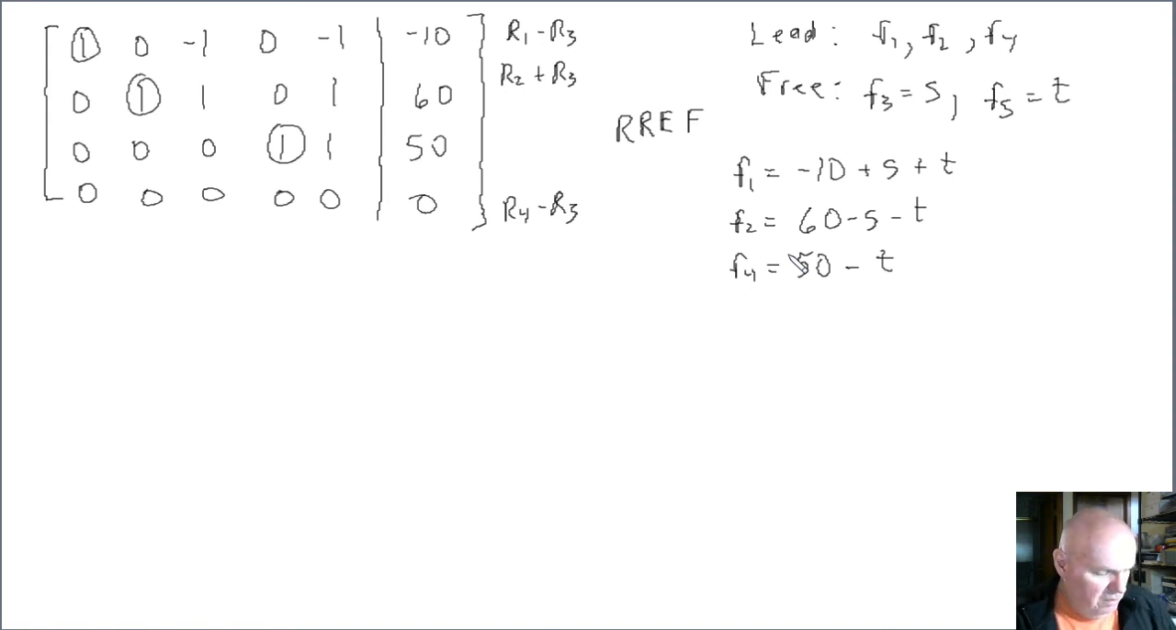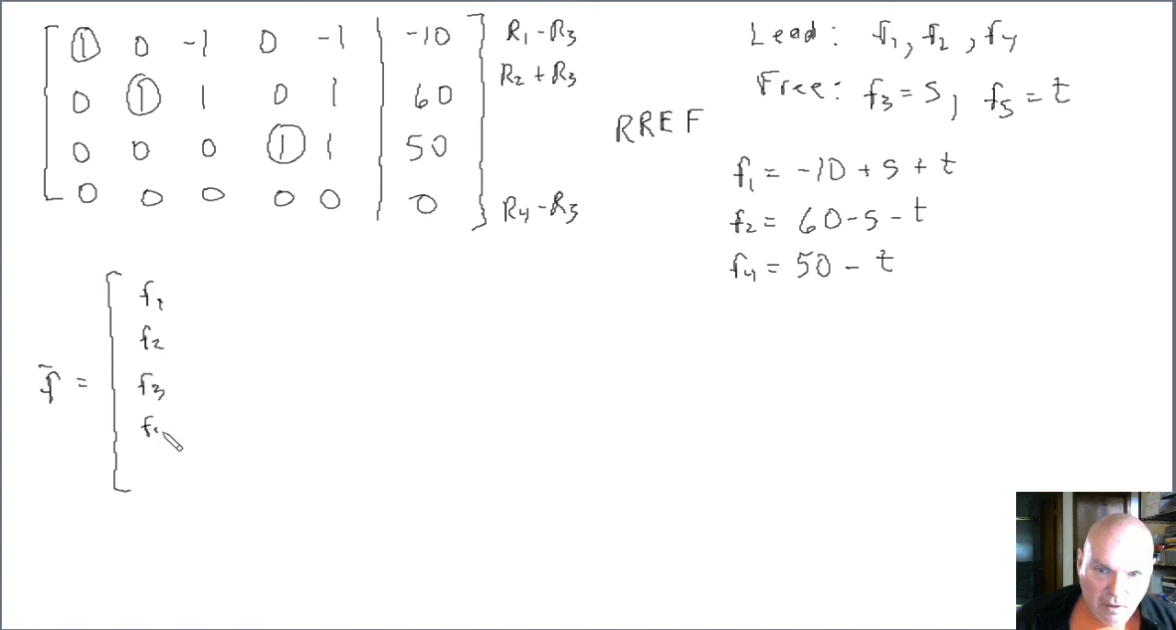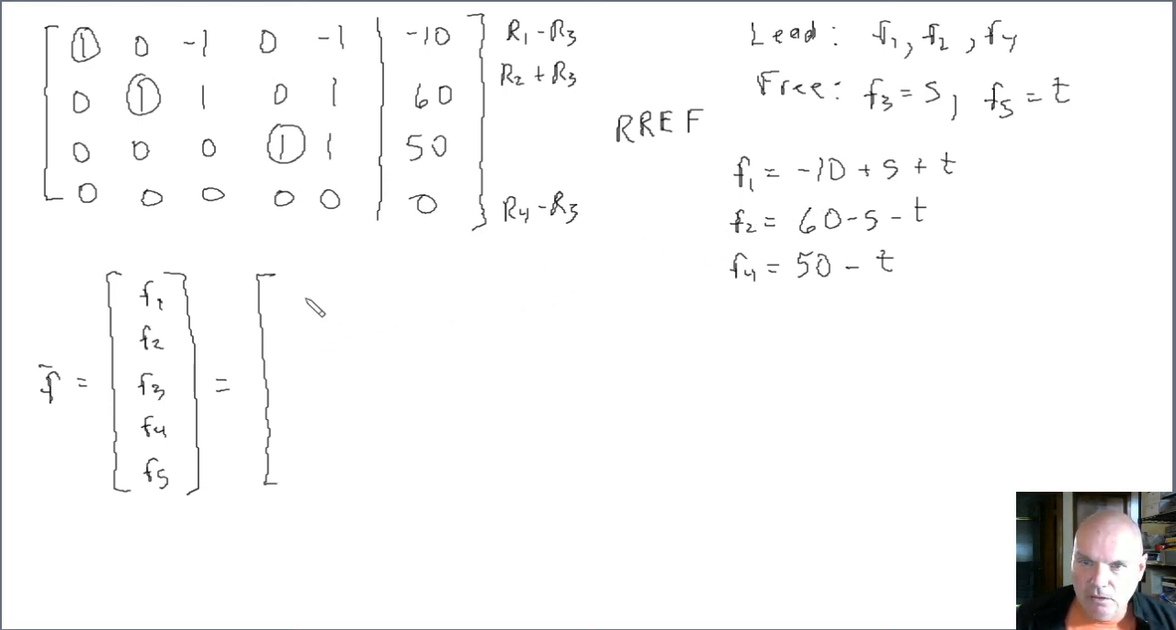Okay, so I'm going to write the solution in the same form that we used in the previous video for a solution vector. So write it as a column vector. The elements of the column vector are in order F1, F2, F3, F4, and F5. Okay. And then that's equal to a particular solution, which consists of just my constant terms, minus 10 for F1, 60 for F2. F3 has no constant term, or a constant term of 0. F4, the constant term is 50, and for F5, it's also a free variable, so the constant term is 0